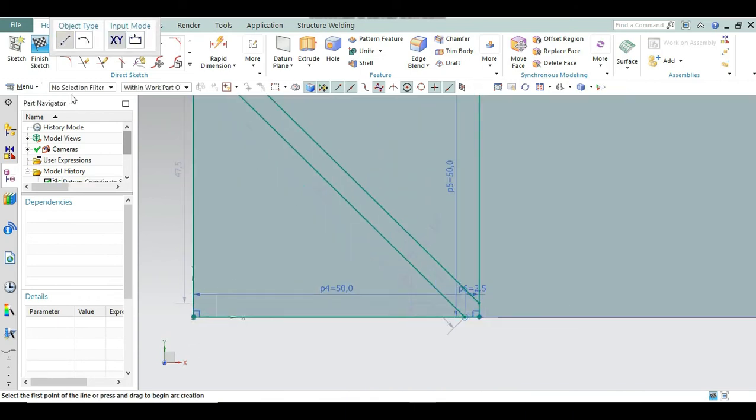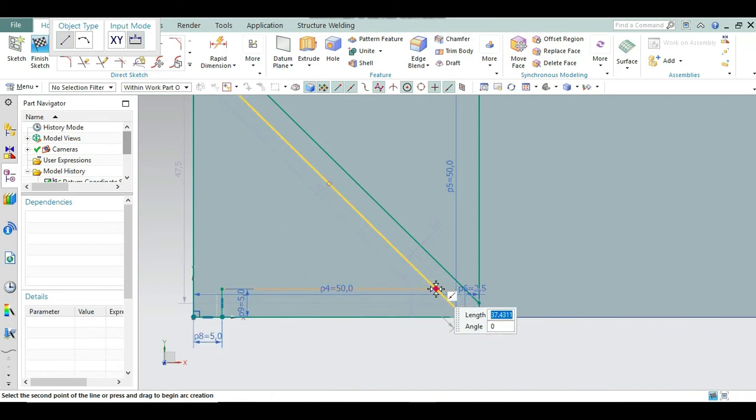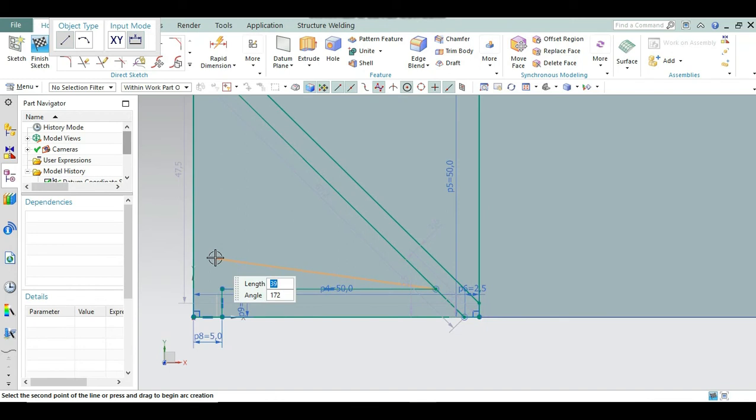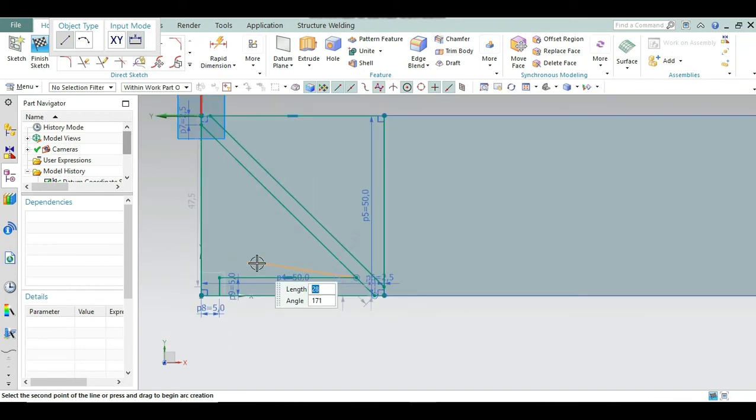Now select profile again and set object type to line. This up to 5 and 0 and straight 5 and 90. Now we have to make a straight line up to this, something like this. Now again remove this point and from here you can make it straight.